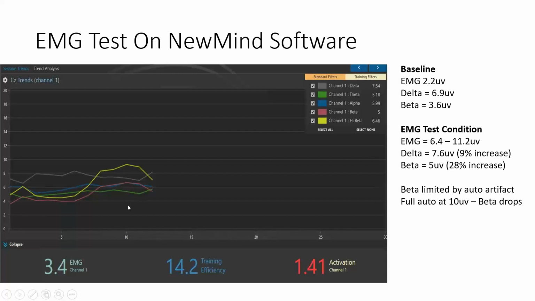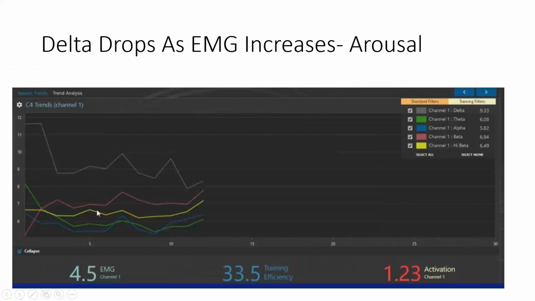I would encourage all of you to hook your sensors up at the CZ, because that's where temporalis is most affected. Start clenching your jaw, try to keep it in range, and play with it and see what you get. I got a 9% increase in delta and a 28% increase in beta over this range, and you can look at the delta. Even live, there's very little contribution in alpha, theta, and delta. It's almost none. So these are the facts.